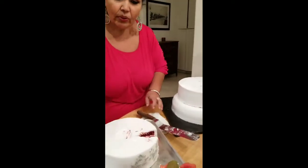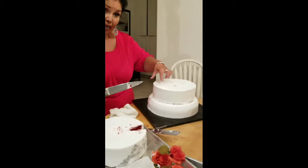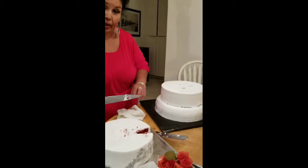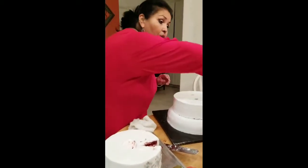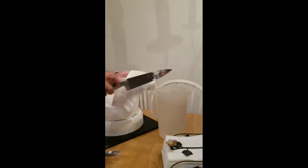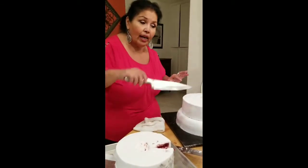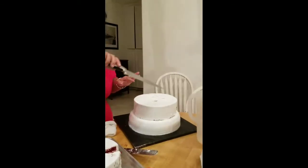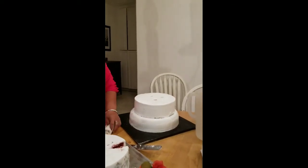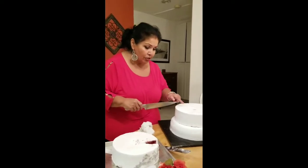Now, remember I told you the traditional wedding cake piece is 2 inches long, 1 inch wide by the height of the cake. So I have a hot pitcher of water here to keep the knife clean. Every time I cut, I'm going to dip into the cake and keep a clean knife. That's going to help for serving. So I'm going to go in about 2 inches here,